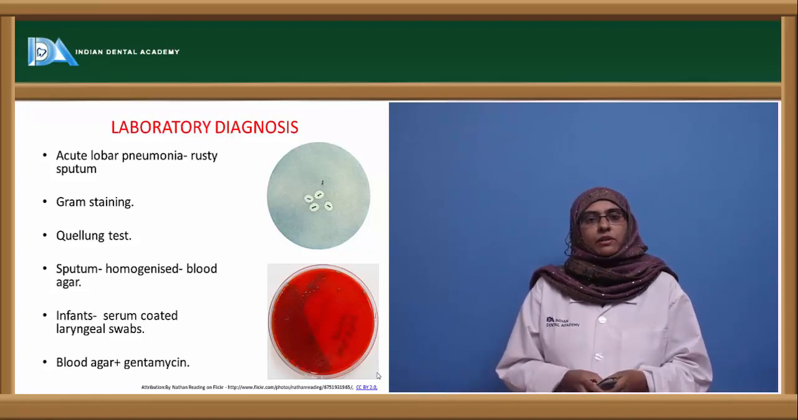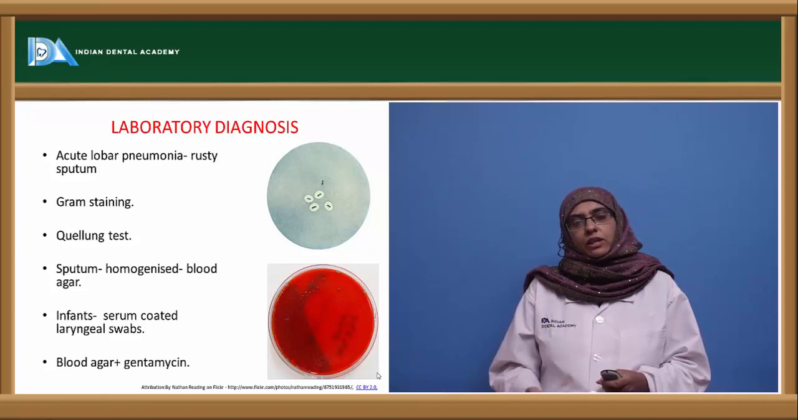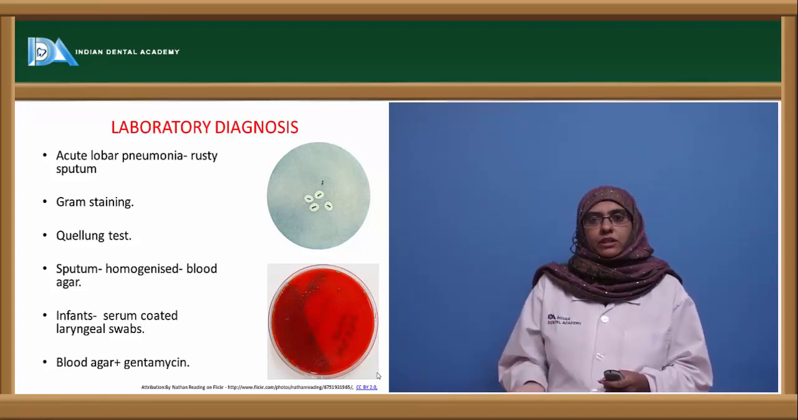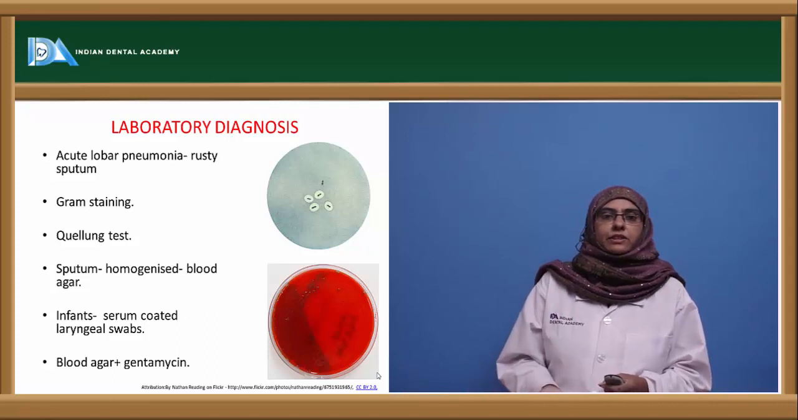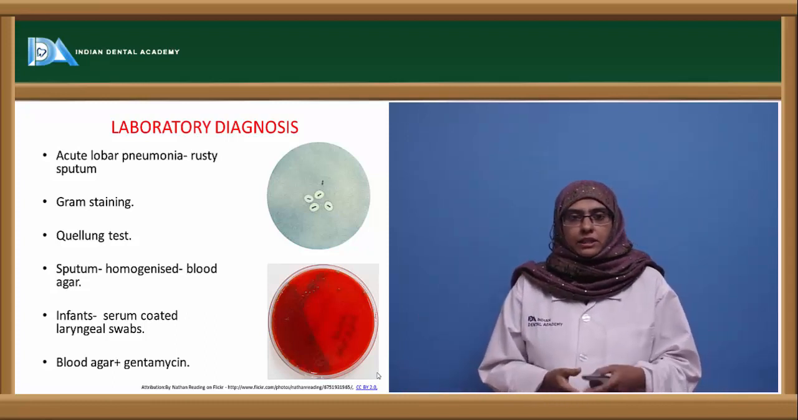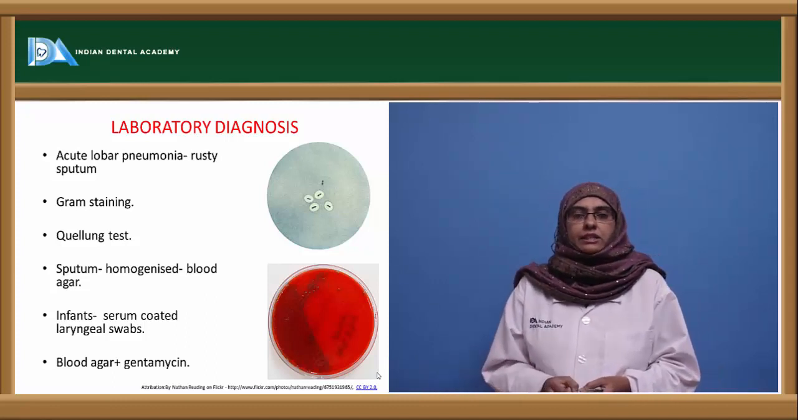So, hence you should have a good knowledge about the characteristic features of this organism so that you can identify and isolate them in the media and go for the antibiotic sensitivity testing and go for the treatment. So in the acute lobar pneumonia, the specimen that is collected is usually a rusty sputum, which is the characteristic feature of this